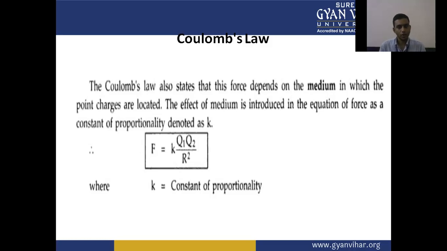K is the constant of proportionality and depends on the medium. So F equals K Q1 Q2 upon r square,